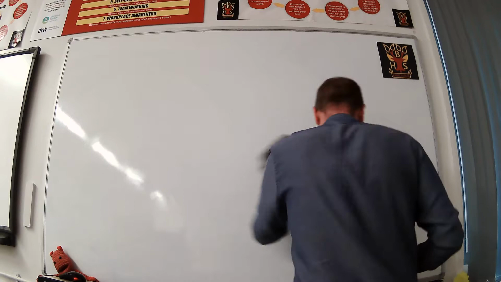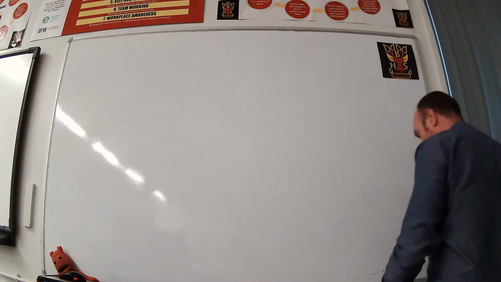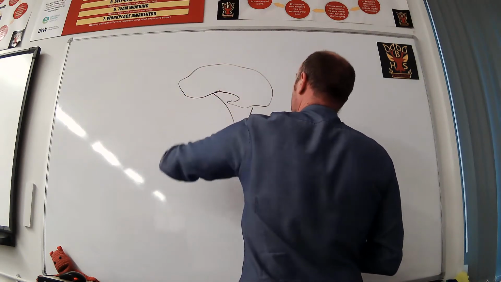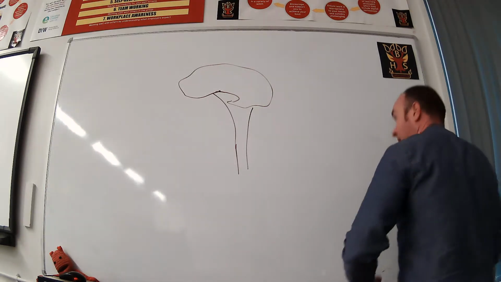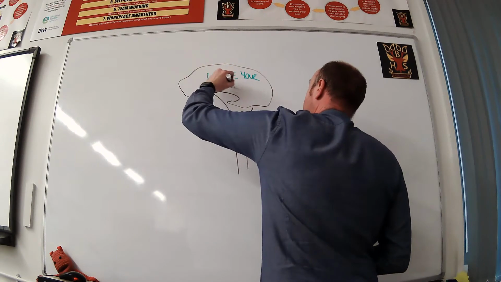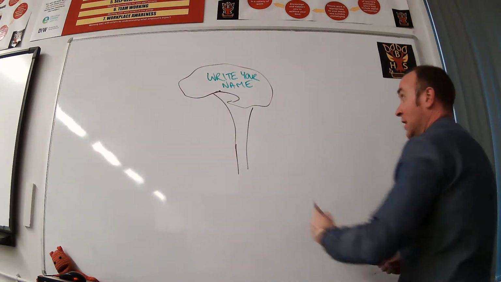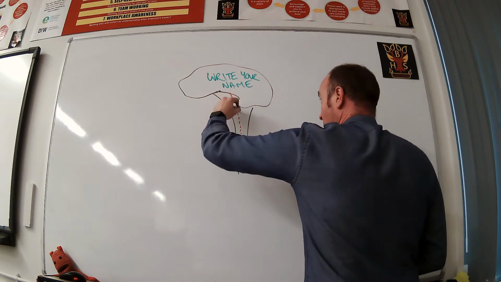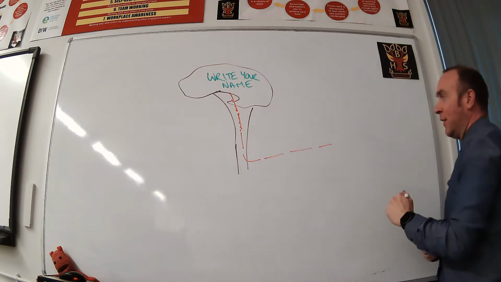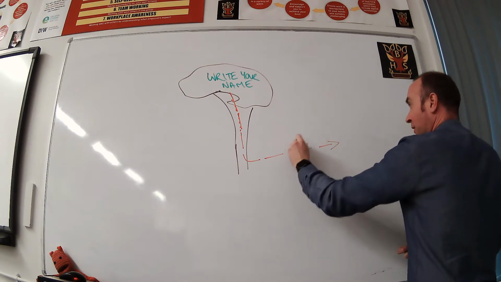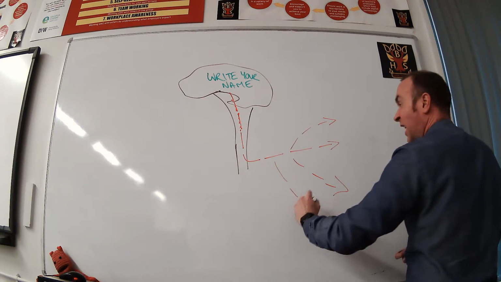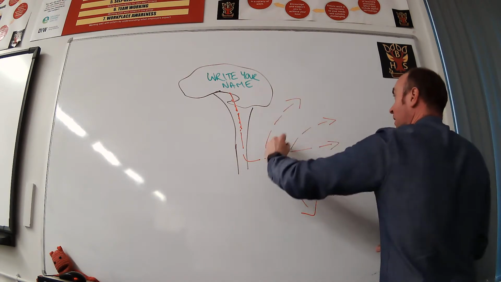That's a technical thing which starts in the brain as one instruction. So you've got your brain, there's the spinal cord, and you think to yourself, write your name, and that instruction is sent down the spinal cord, down through motor nerves and out. But ultimately that's going to have to go to your wrist, it's going to have to go to your forearm, it's going to have to go to your shoulder, it's going to have to go to your legs and your knees, it's going to have to position your feet,